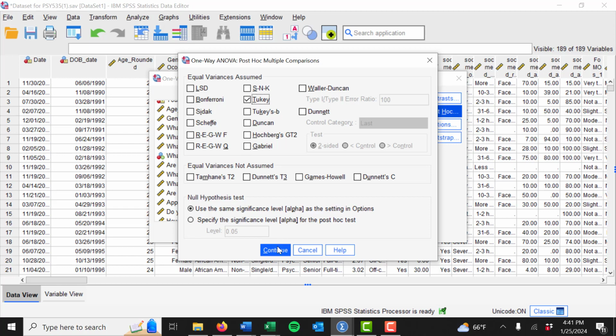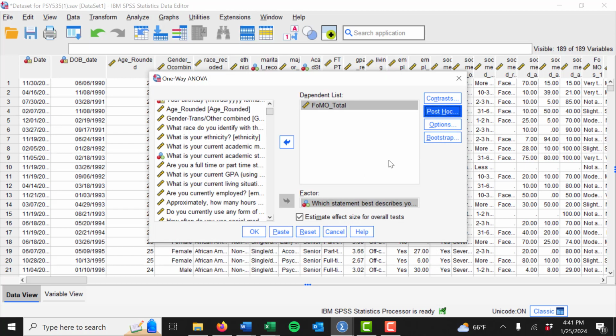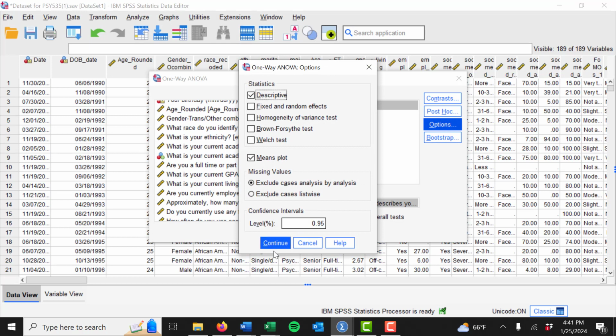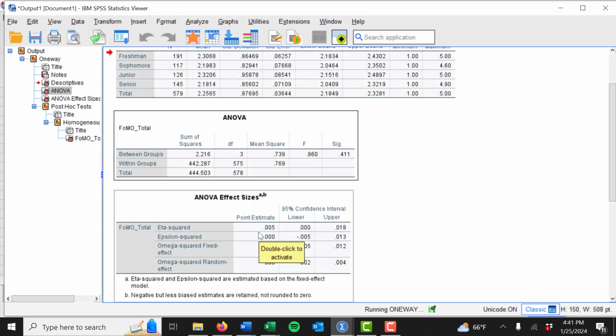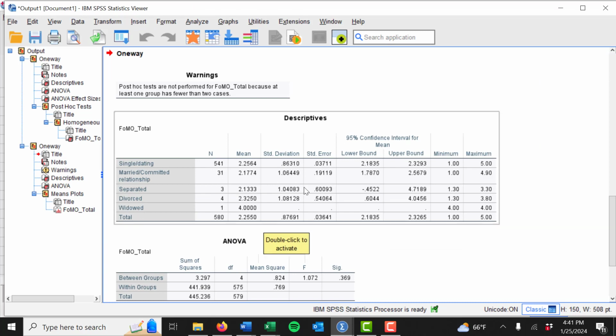Okay, you select Tukey, and then you click continue, and then we've already been to options, and we can leave estimate effect size for overall test checked if you want to. I don't think it's absolutely necessary for the sake of this rudimentary tutorial as it relates to calculating the one-way ANOVA. You click OK, and voila,